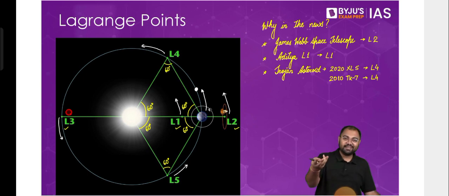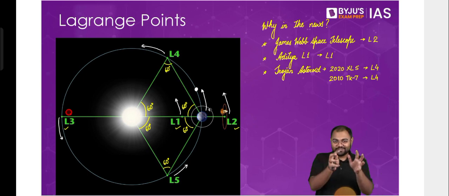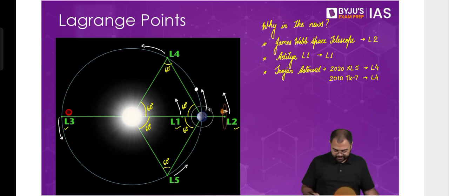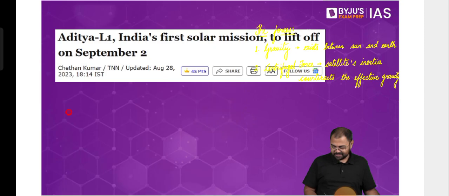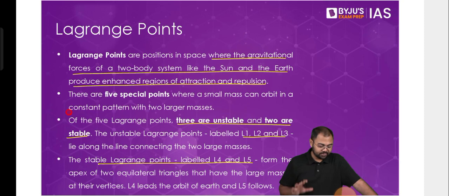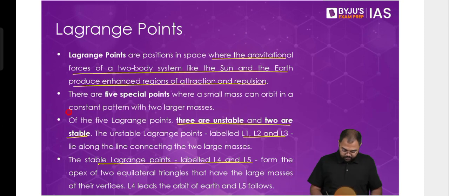Yes, unless you are an alien and you want to attack the Earth, then the best place to put your spaceship is L3. Like, come put your spaceship in L3, and then from there on come to the Earth and attack the Earth if you want to. So I'm very sure that none of you here have that intention. None of you here are from the supervillain tribe. So right, so these are some of these. So this is what Lagrange points basically mean.